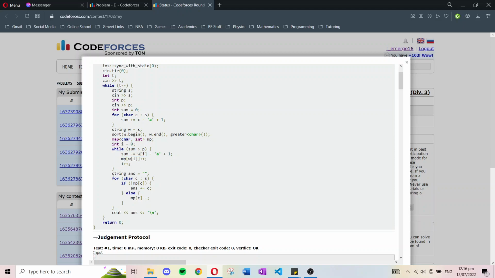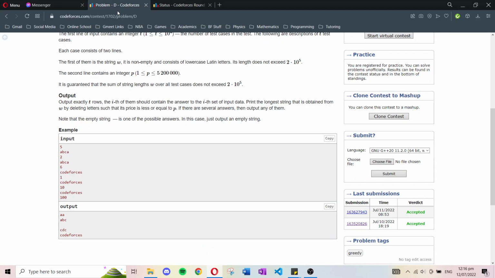Now what we will do is, for each character, if we don't have to remove the character, then we just add that to our answer string. Otherwise, we will just decrease the frequency of the letter that we must remove, and finally print out the answer. Okay,